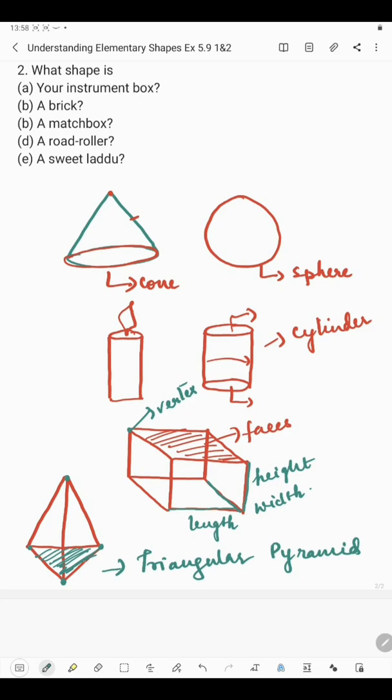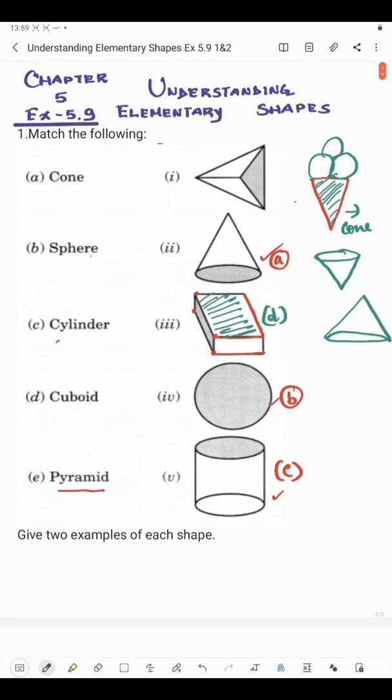If the base is square in shape, then we would call it a square pyramid. So in a pyramid, this is called the base. The base is a polygon. Polygon means a closed shape having line segments, right? So in a pyramid, the base is a polygon, and all other faces are triangles. So let us find where the pyramid is. This one. Here we can see that the base is the shape of a triangle, so this is called a triangular pyramid, right? So this is number E.